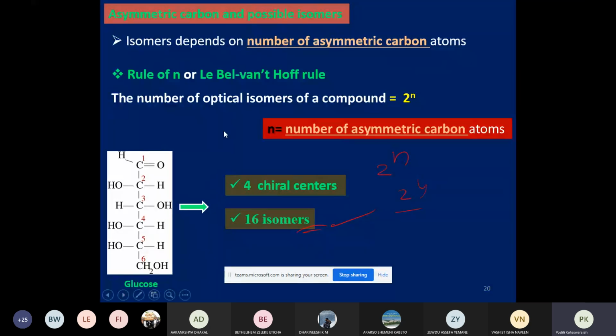So according to the Le Bel-van 't Hoff rule, the number of optical isomers possible for a compound is equal to 2 power n, where n is the number of chiral centers. In this case, glucose has 4 chiral centers, 1, 2, 3, 4 chiral centers, and therefore it